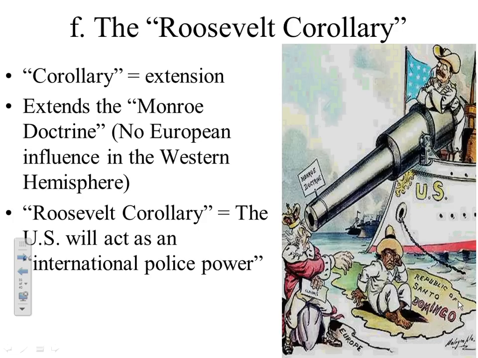Moving on to the next topic, the Roosevelt Corollary. The term corollary simply means extension, and what the extension is referring to is the Monroe Doctrine. So in the early 1800s, we had President Monroe, who issued a policy called the Monroe Doctrine, and that was a statement to